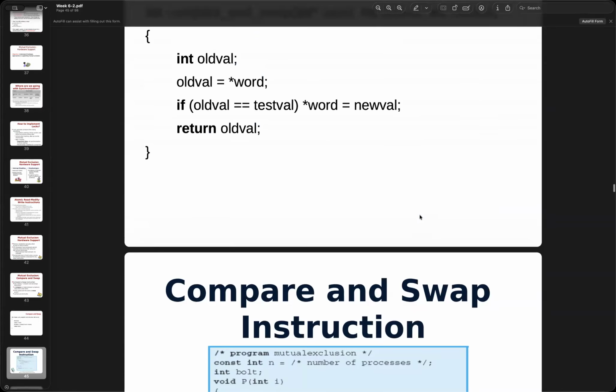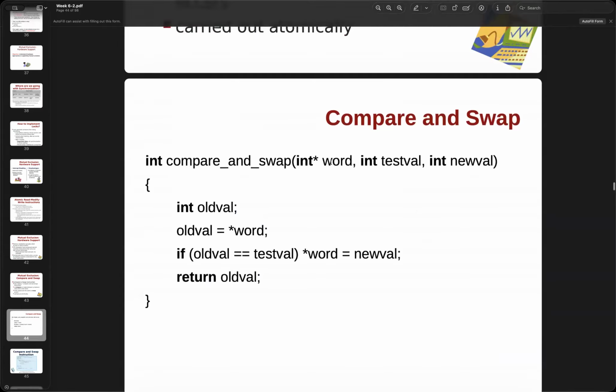If you remember the parameters, first the word we are going to assign, then the test value, and then the new value. We assign the original word passed in as the old value, and make sure the old value matches the test value, and then we can assign.